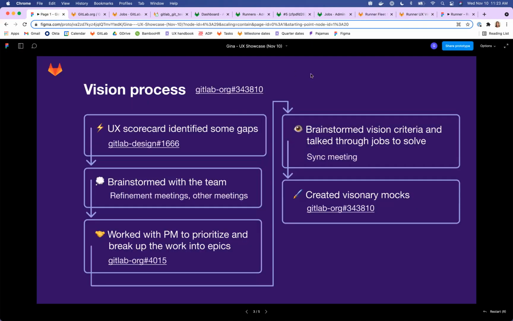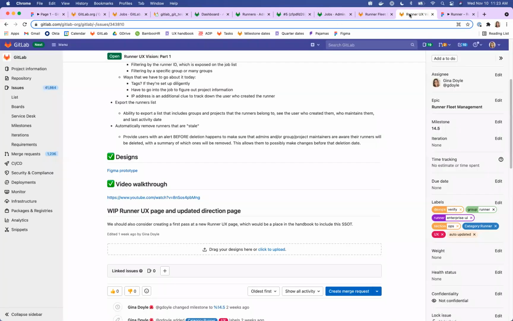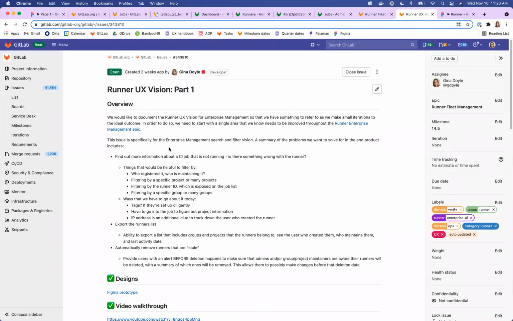And then finally, we brainstormed vision criteria and talked through the jobs to solve. I did that with my PM in a sync meeting, and that's where this vision was kind of documented. And I documented that in this issue. So now I'm going to hop into actually talking about the vision. I just documented a bunch of the notes of what we want to solve for this vision, where we want